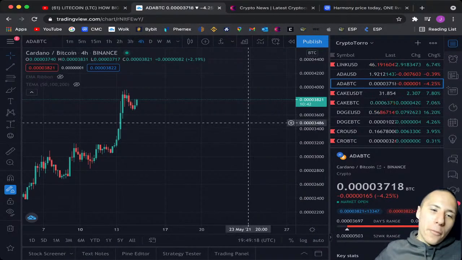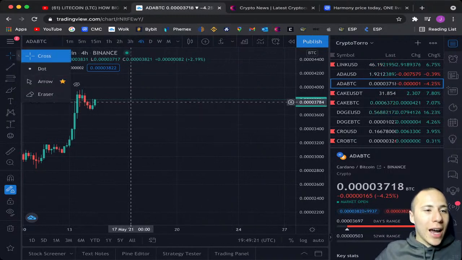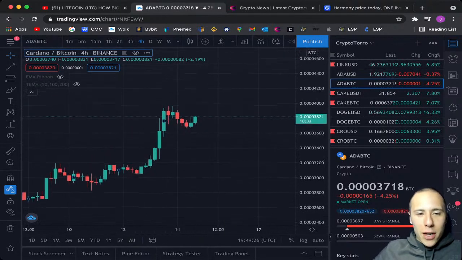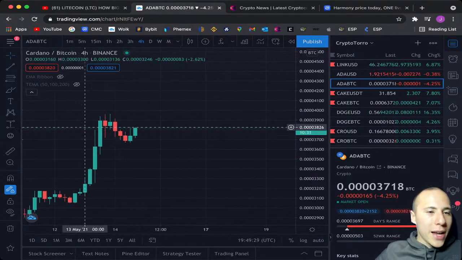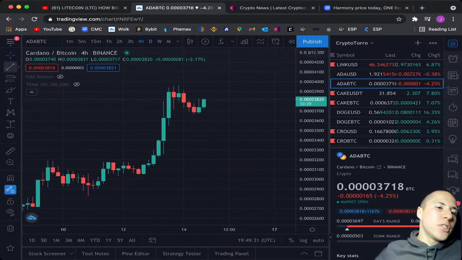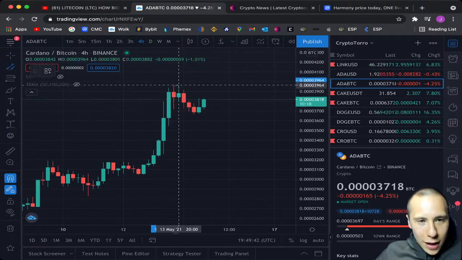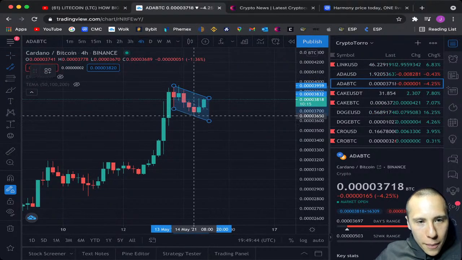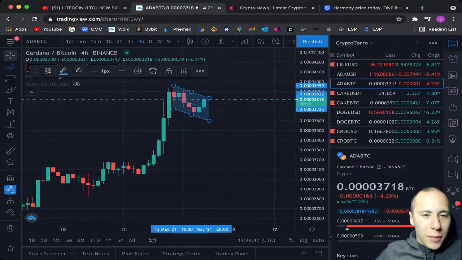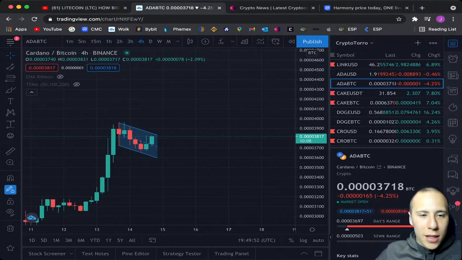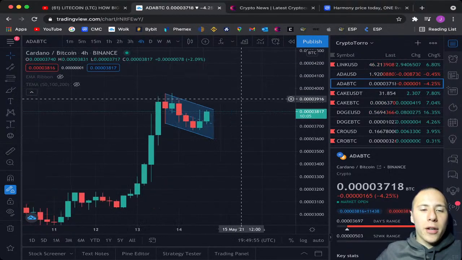So let's take a look. Let's go back to Cardano, and yes, I'm just pumped and excited to look at it. And what I'm seeing is just this beautiful bull flag being created on the Cardano chart compared to Bitcoin. And I will be placing this measurement tool over here. Let's take a look. A small parallel channel is what I will be using to measure this beautiful bull flag towards the upside. And yes, bull flags tend to break out towards the upside, and I'm just pumped about this because we are seeing this bull flag on the Cardano compared to Bitcoin chart.